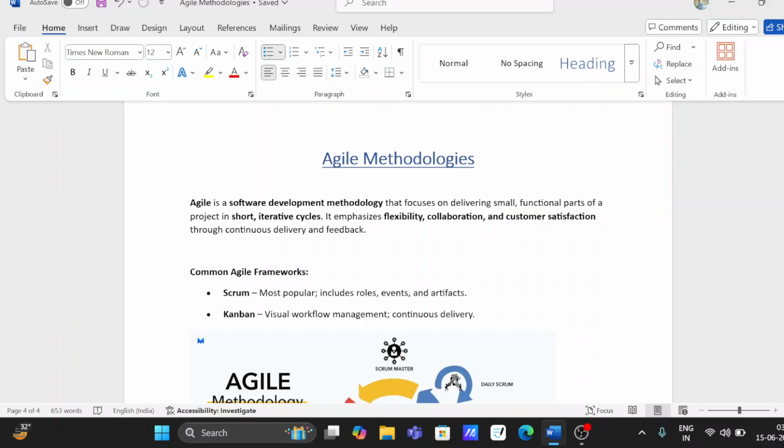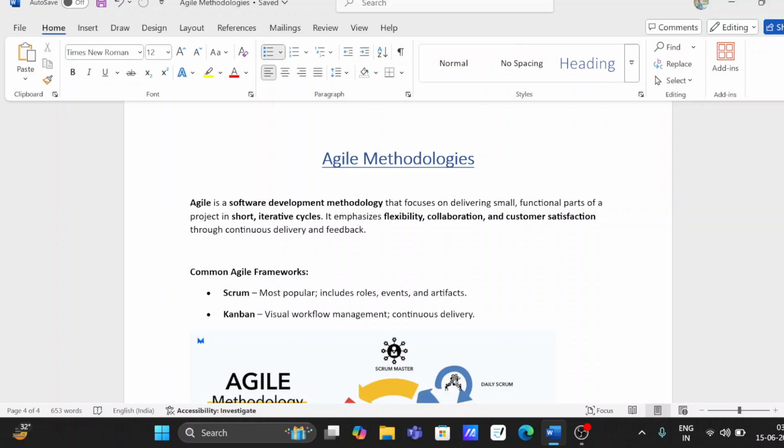Collaboration is important because when we are working with Agile methodologies, we work as a team according to the requirement of that feature. Let's say it will take one front end member, two back end members, and three QA members. Everybody is there, we'll build the team, and in a collaborative manner we'll develop that project. And once you are following the right standards and doing the right practices, customer satisfaction will always be there. So Agile methodologies is a very